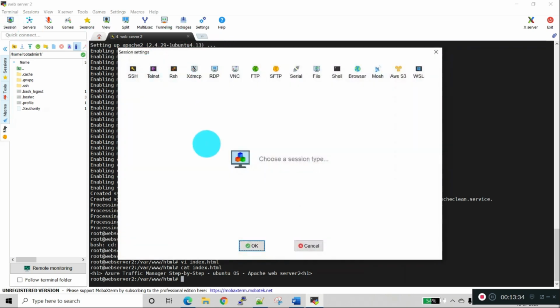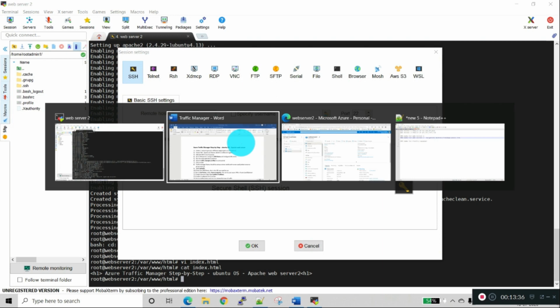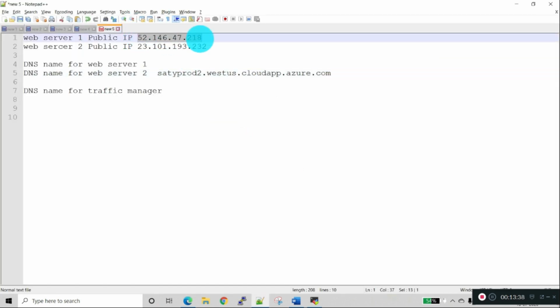So now we will log into web server 1 with the IP address.